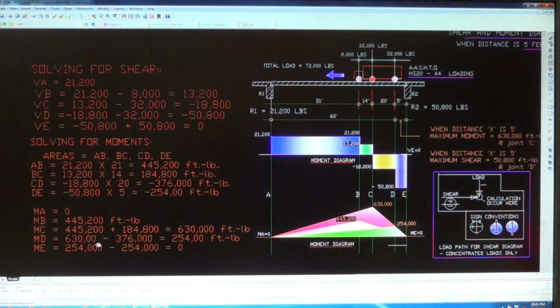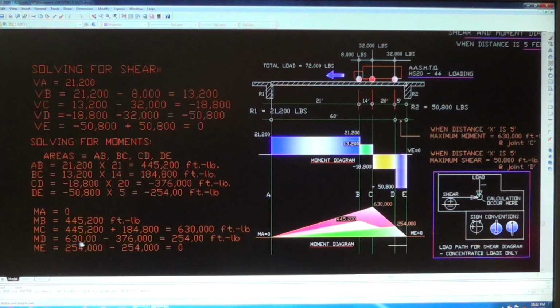So the 630,000 foot-pounds here, plus this area here. What is that area? CD. The CD is 376,000, and it is negative. So 630,000 minus 376,000 is equal to 254,000